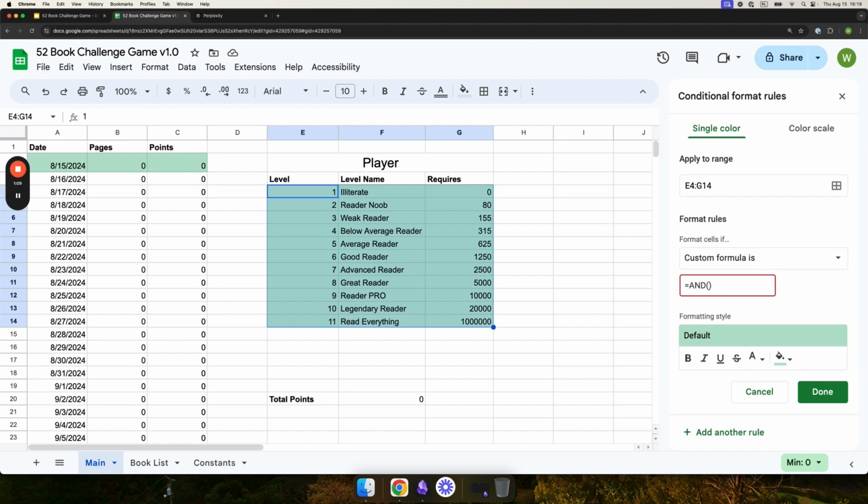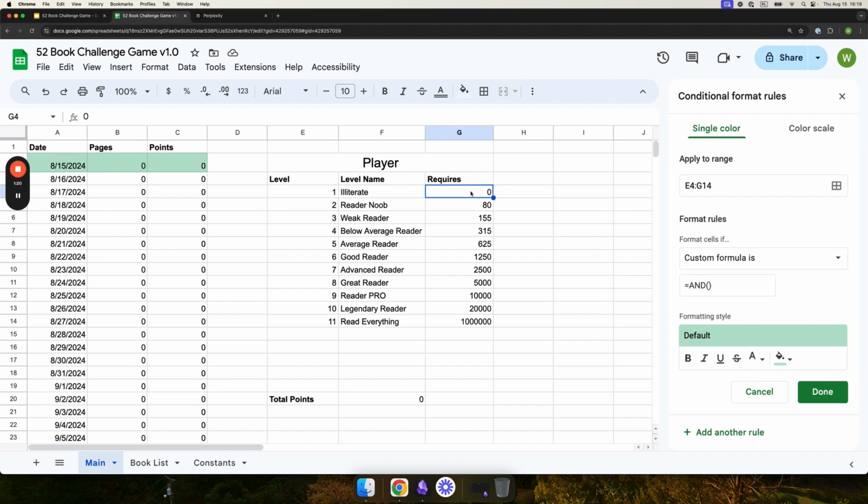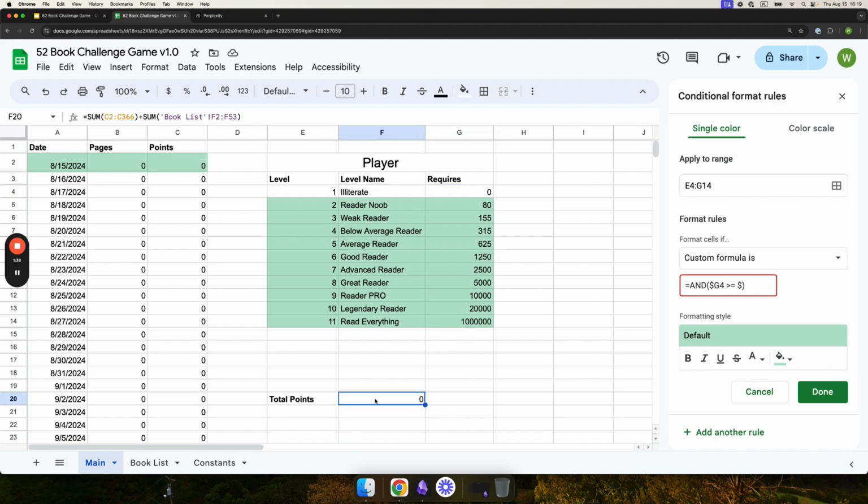There will be 2 conditions that will need to be met. So the requires part, which is G4, needs to be higher or equal than the number of total points, which is this part F20,